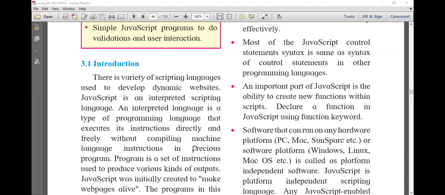Some flexibility comes with JavaScript. Some effects we can apply in JavaScript.